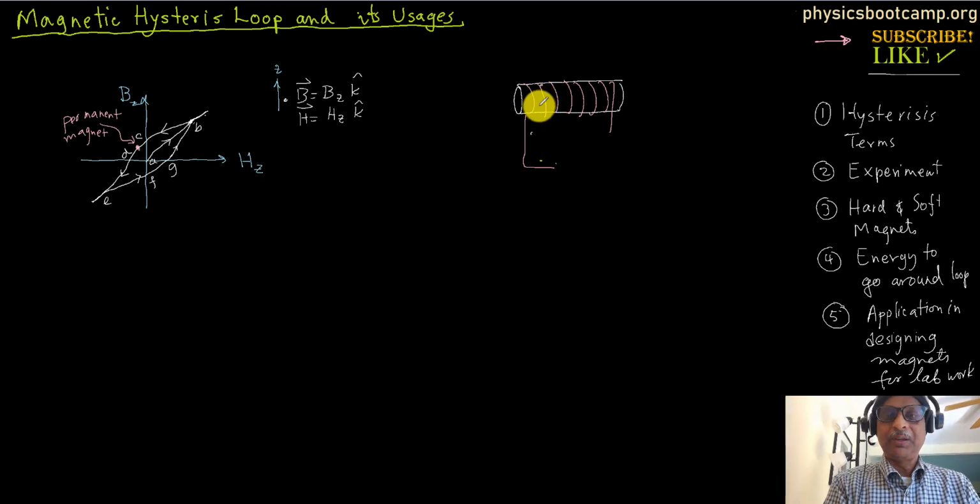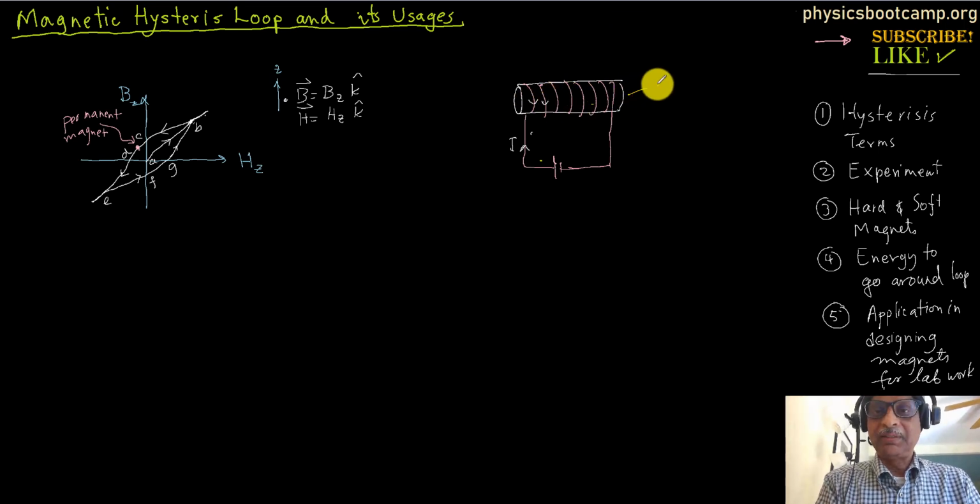If the current is going this way, you pass a current I, and then you will find that in here, this is a magnetizable material,